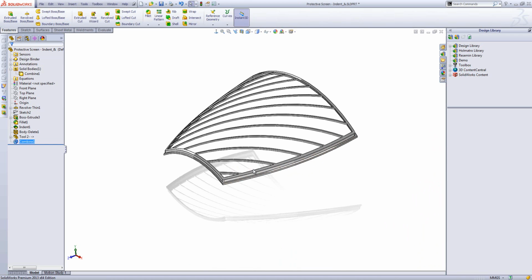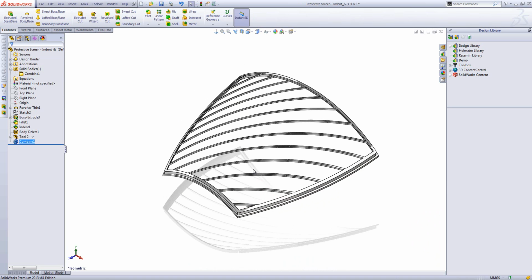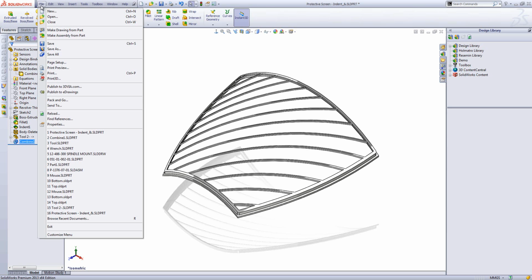So you can see there that that shape would have been relatively tricky, I guess, to create without those features. There would be other ways to create that shape, but that is a nice simple way. Okay, if we close this down,